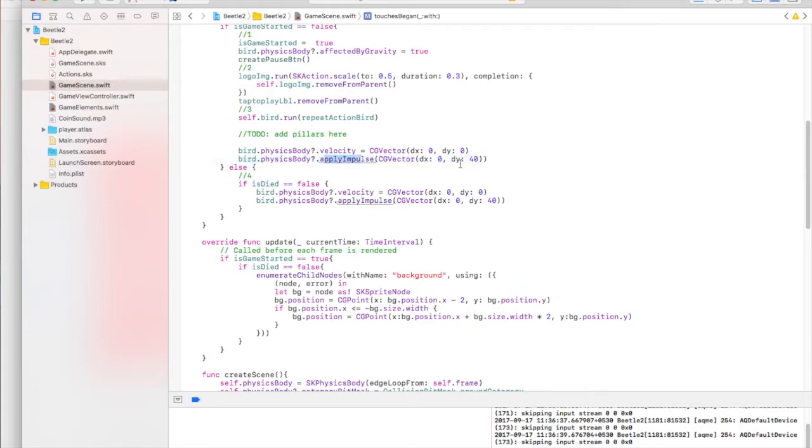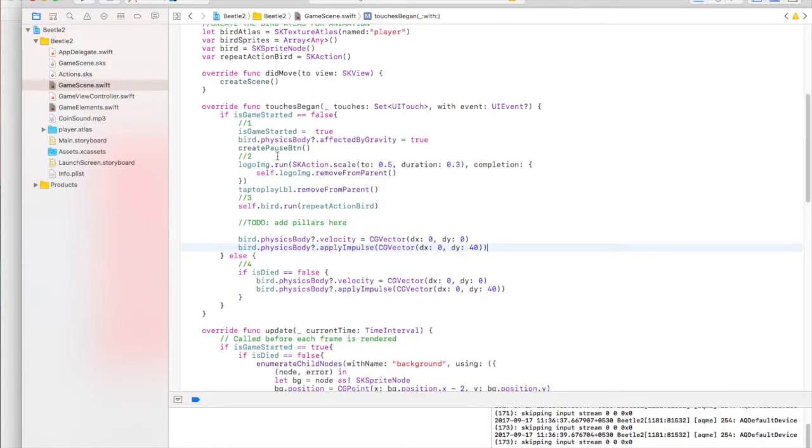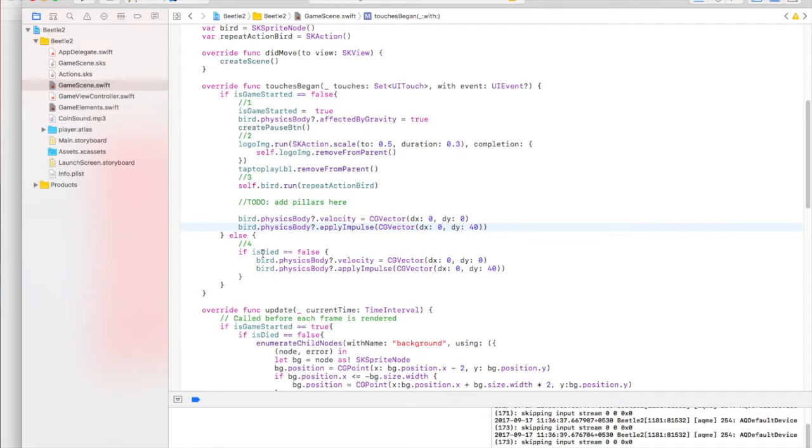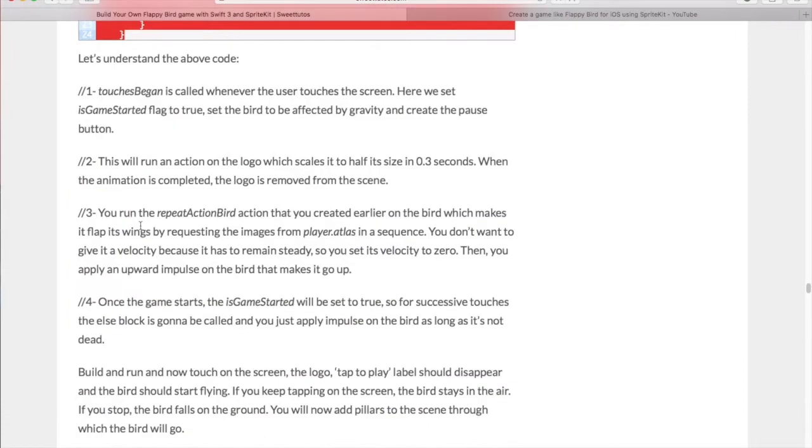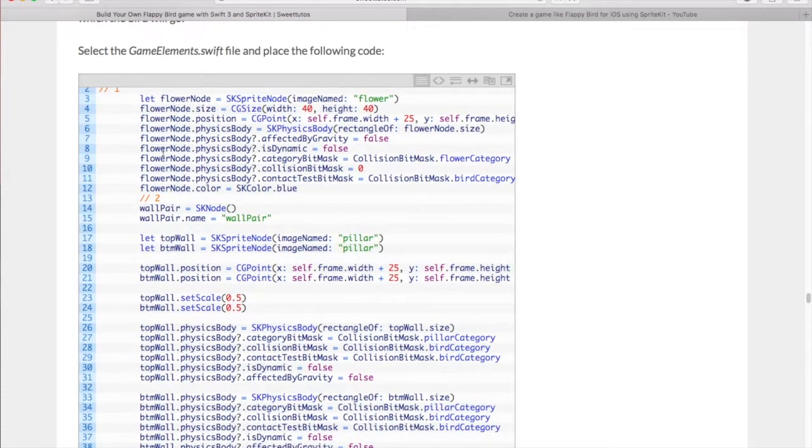So we apply an impulse in the y direction, that is upward, with a magnitude of 40. That pushes the bird upward. And if the user touches the screen a second time, then the game has already started, so this code will not run, so the else code will run. Now all we want to do is, if the bird has not died, if the isDied condition is false, we don't apply any velocity, but we apply an impulse, the same impulse that we have done here. So now let's go back, and we also want to add the pillars and flowers to the screen, so this is